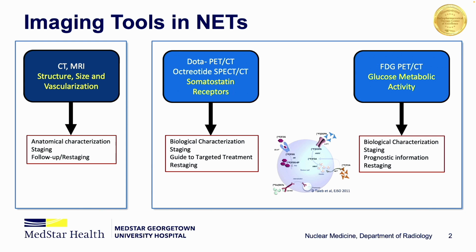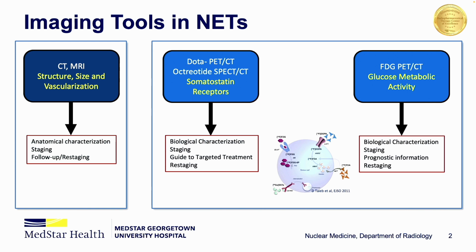Functional imaging, we refer to these days mostly to PET imaging for neuroendocrine tumors. Dotatate PET CT. We used to have Octreotide SPECT CT, which has now vastly been substituted with the PET CT, and then FDG PET CT imaging. So the Dotatate PET CT